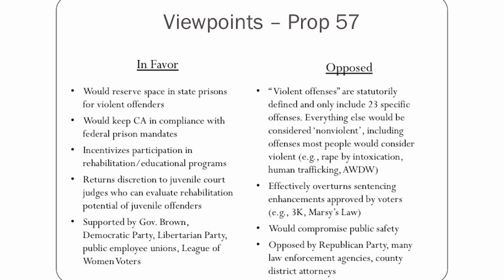So along the lines of criminal sentencing measures, you get a lot of philosophical pros and cons. Here, there's really more of an emphasis on the pragmatic in addition to the philosophical. Right now, we are under a federal mandate to reduce our prison capacity down to 110,000 inmates. 7 years ago, the high was 160,000, and we've been slowly reducing that number to be in compliance with federal mandates. The federal system took over our prison system back in the early 2000s because they viewed our system as being cruel and unusual punishment because of the overcrowding conditions.